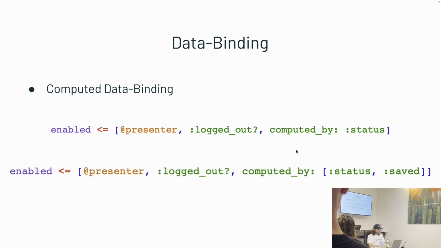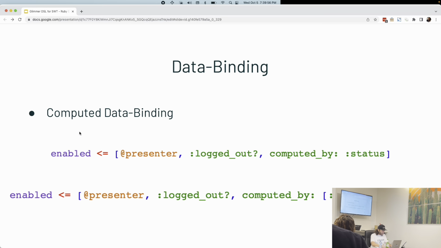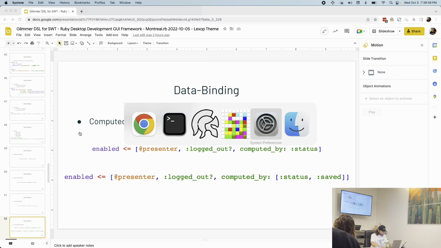Finally, the last thing is computed data binding. So if I have a logged out property that gets computed when the status changes, you could do computed data binding. So that way, if I change status on the model, it'll automatically notify listeners of logged out that it got changed, and that will update the enablement of the button. So to show you a quick example of that,